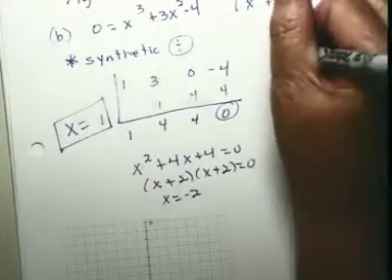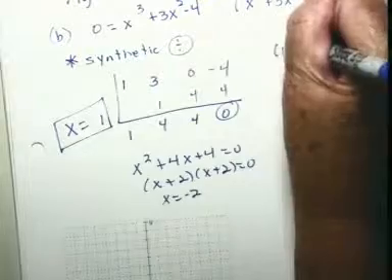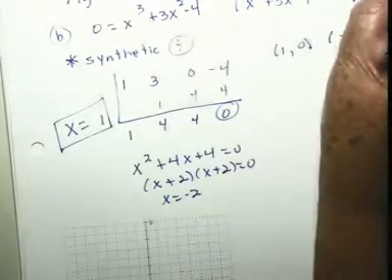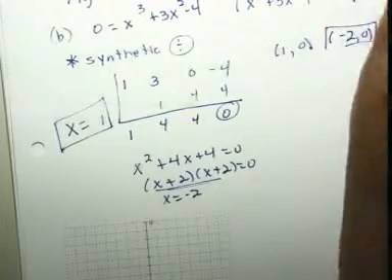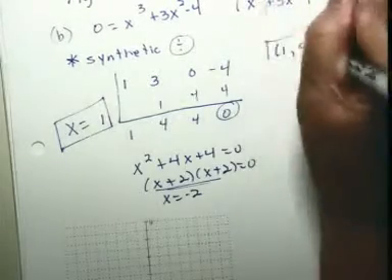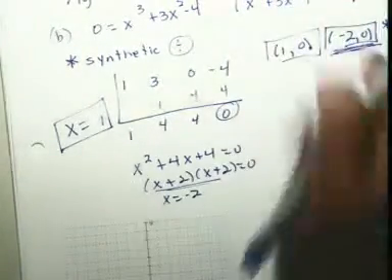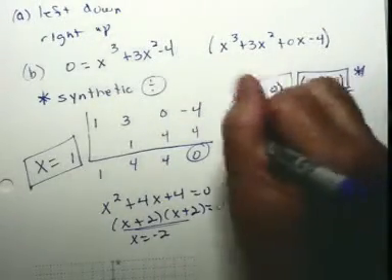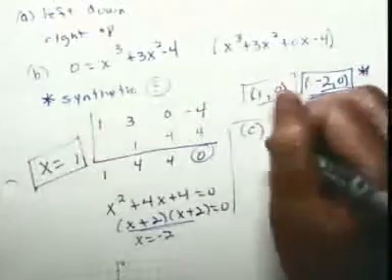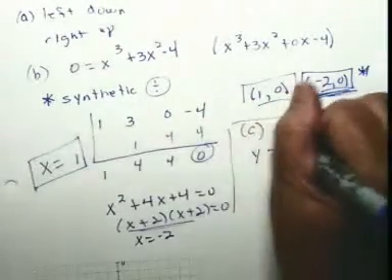These are points. I have a point at 1, 0, but the negative 2 occurred twice, so I'm going to have to remember that that one is going to be different. The negative 2 occurred twice. And if I let x be 0,